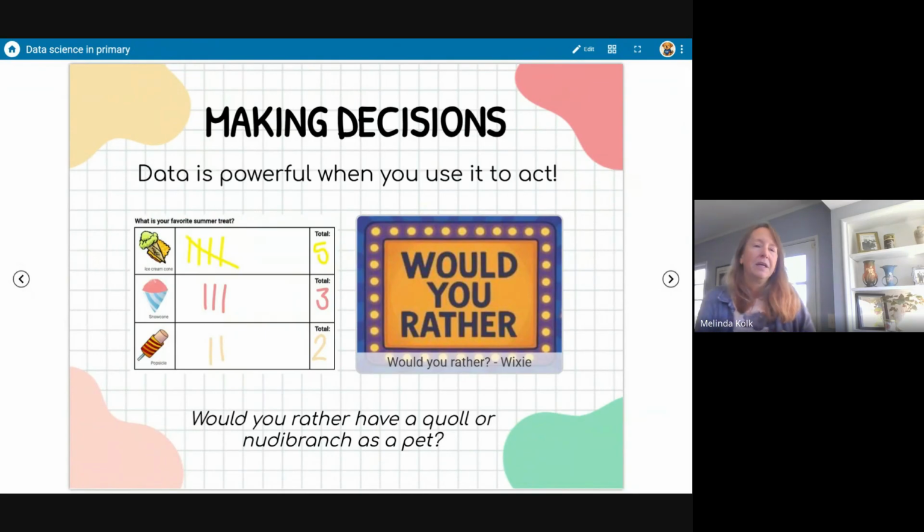But really, the point of doing data science is that we're looking to use data to make better decisions about how we live, how we spend our money, how we can take care of our environment. There's a lot of different, how we choose the next book to read. We want to have information.